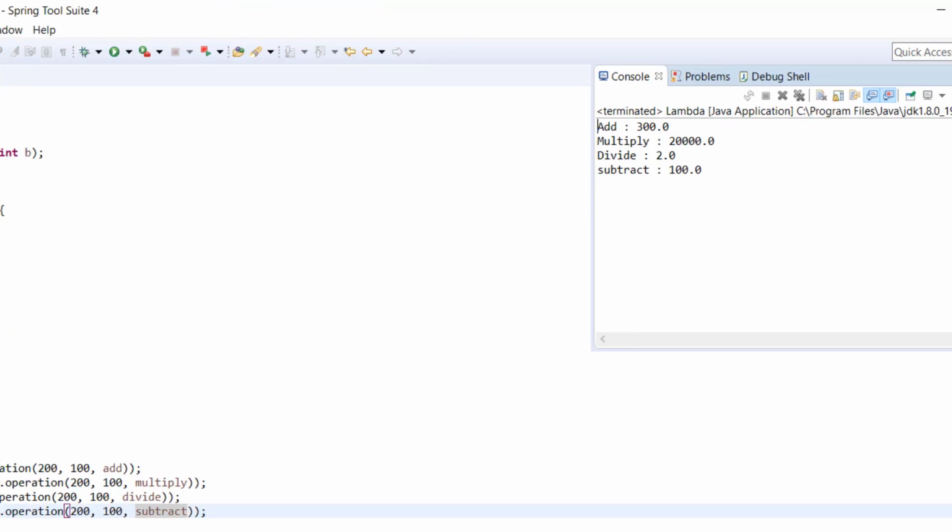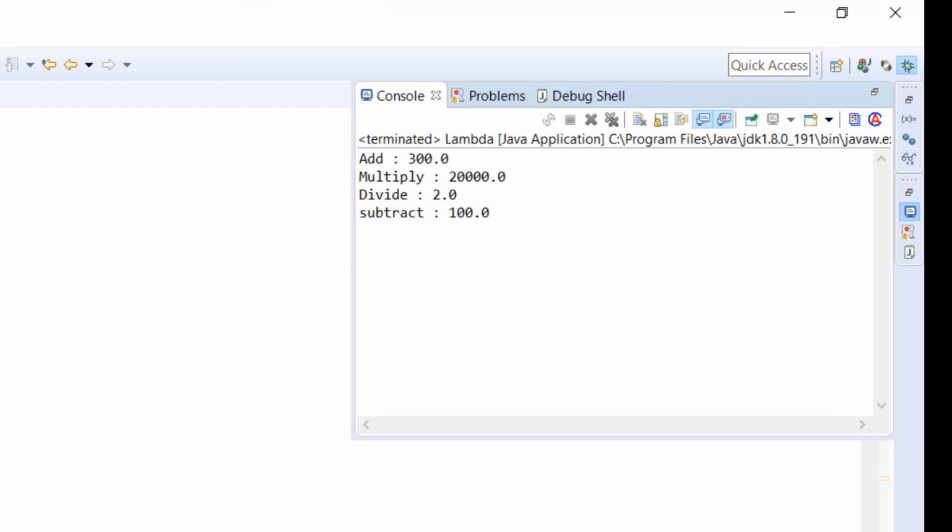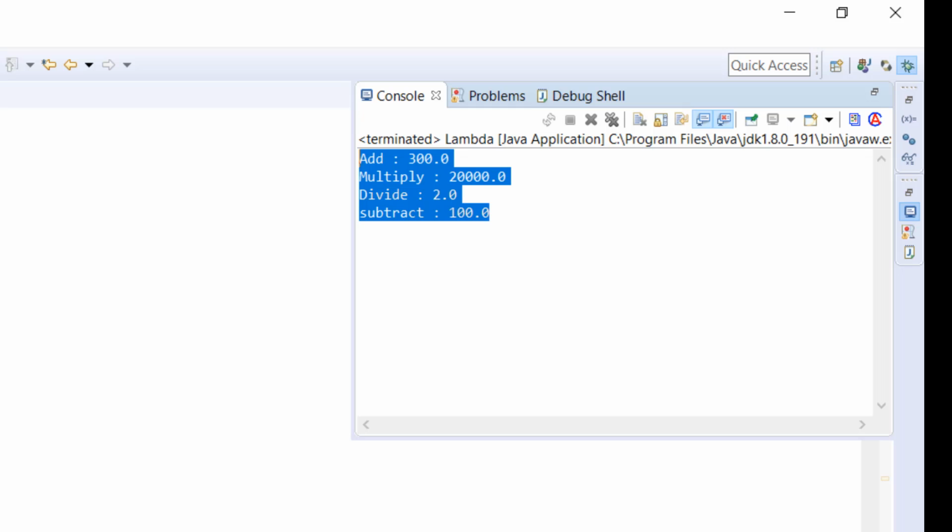Now let's execute this lambda. So the addition of 200 and 100 will be 300. The multiplication of 200 and 100 will become 20,000. And the division of 200 by 100 will become 2. And the subtraction of 200 and 100 will become 100.